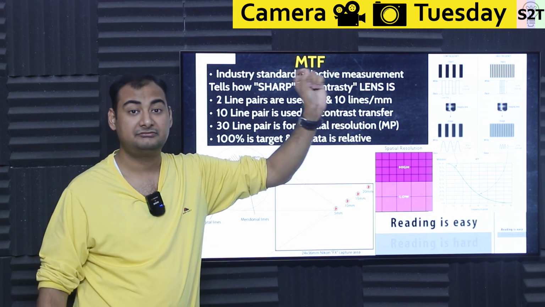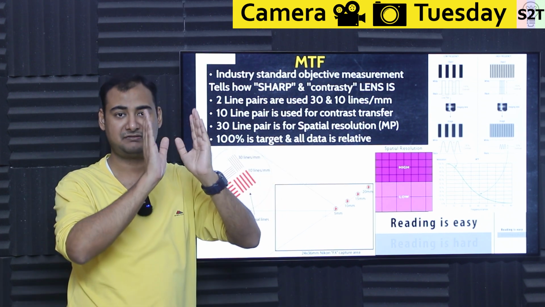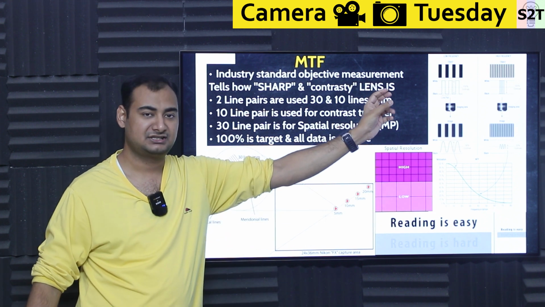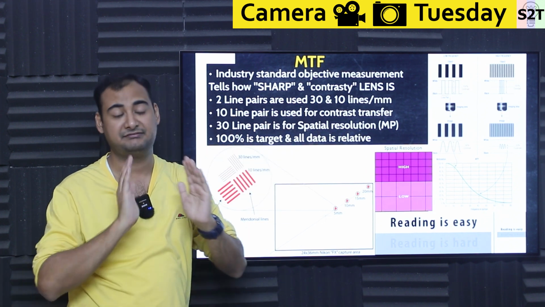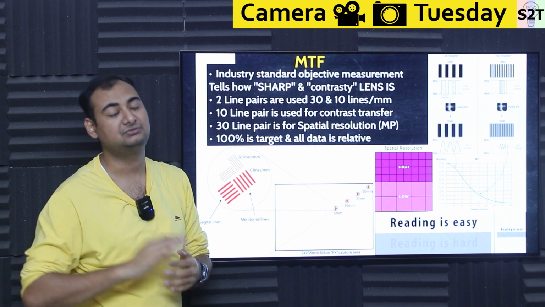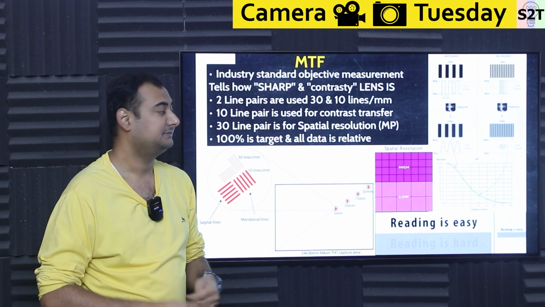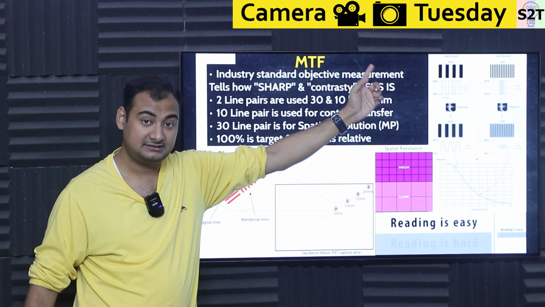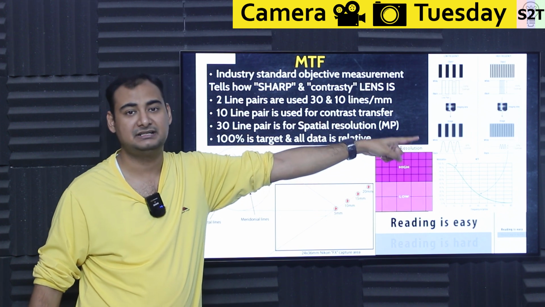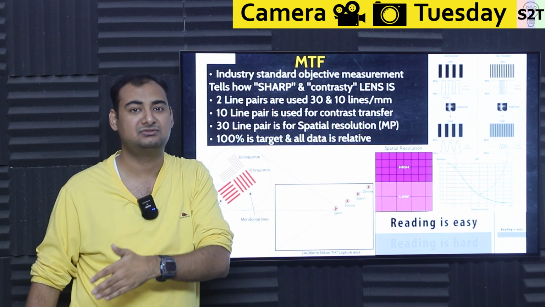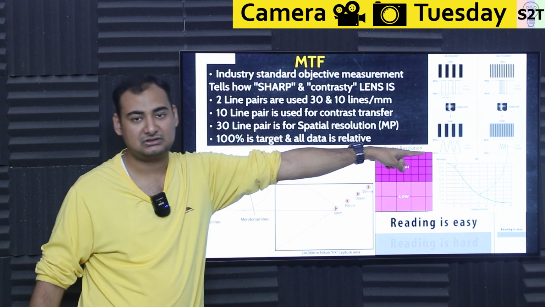So this is how we scientifically can say this lens is contrasty or this is not contrasty. Then you increase the frequency of that signal. So instead of having big chunky lines, you make the lines smaller. So instead of, let's say, having 10 lines per millimeter, you could have 30 lines per millimeter. At that point in time, the signal is still a square wave, but transfer is not happening. That means resolution is not going. So at that point in time, your contrast loss will tell you.